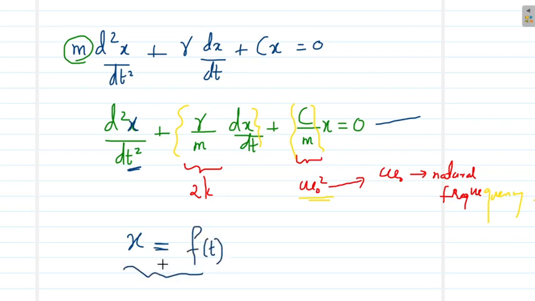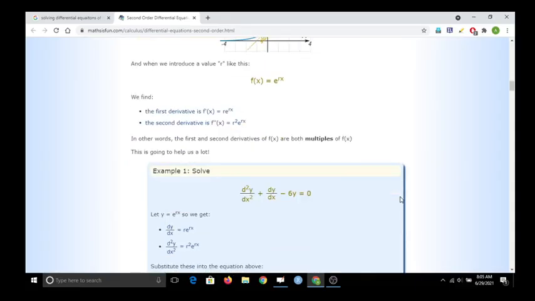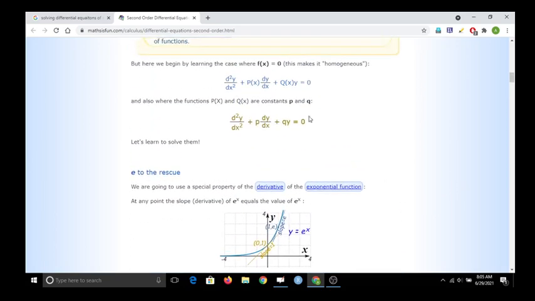And from this equation, we can understand the movement of the system. We can predict what will happen later. We can analyze its motion. So for that, we need to solve this differential equation. And how do we solve that? When we look into this equation, this is a second order differential equation. And in order to solve this kind of second order differential equation, we use a specific method. So let us see that. This is how you could find solutions to such second order differential equations. So this is a model format of a differential equation.